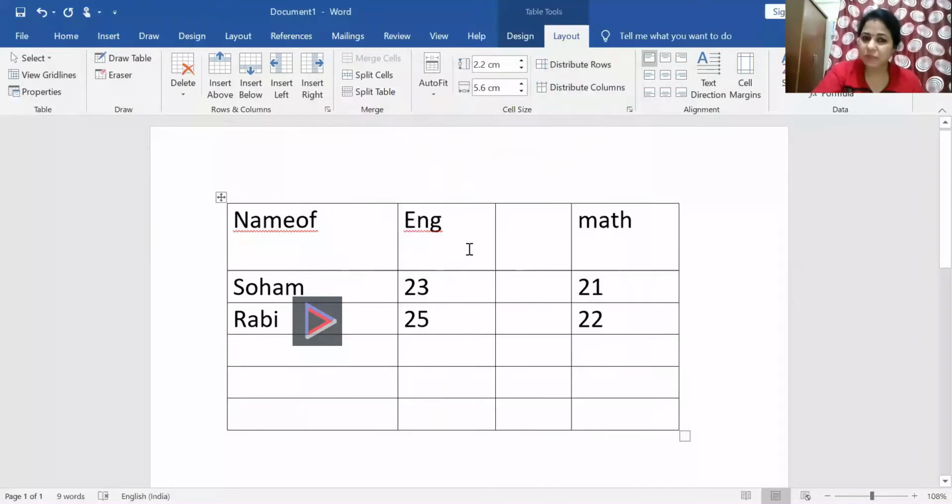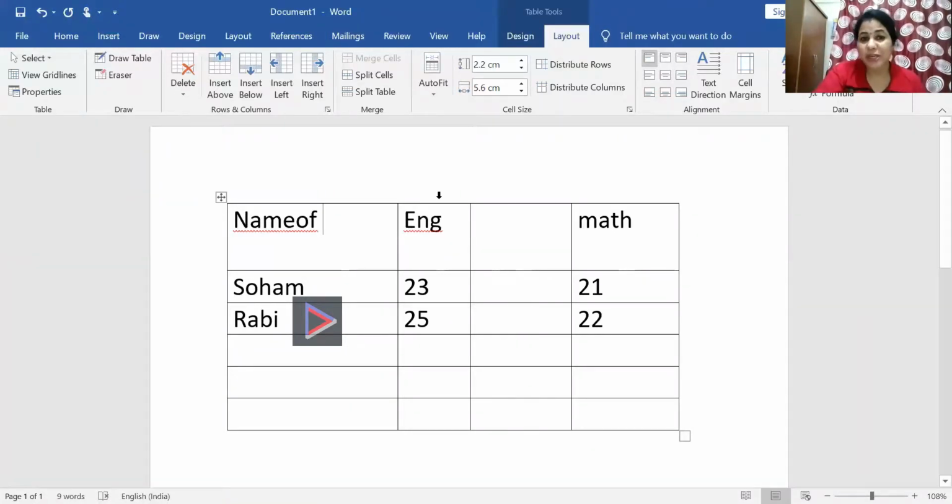The same way, a shortcut method also you can do. You can see here double-headed arrow mark. Manually you can do, without going to any options, directly you can just drag and you can increase the size of the column. Same way, if I click here and drag it, it will decrease the size of the column. Okay, so changing the row height and changing the column width, in such a way you can do.